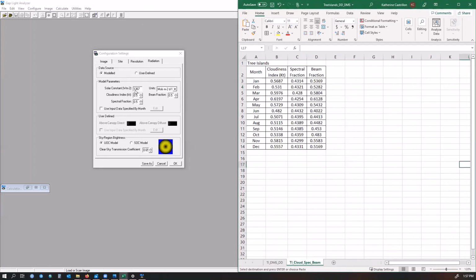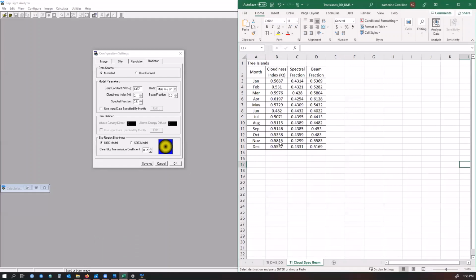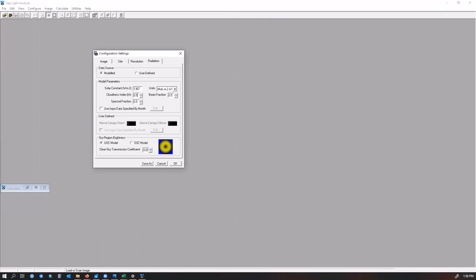So for solar constant, it remains at 1367 and the units stay the same. The cloudiness index, though, is going to change, and that is dependent on the month that the tree island was surveyed in. So that was in November, and it is going to be 0.5815. The spectral factor will be